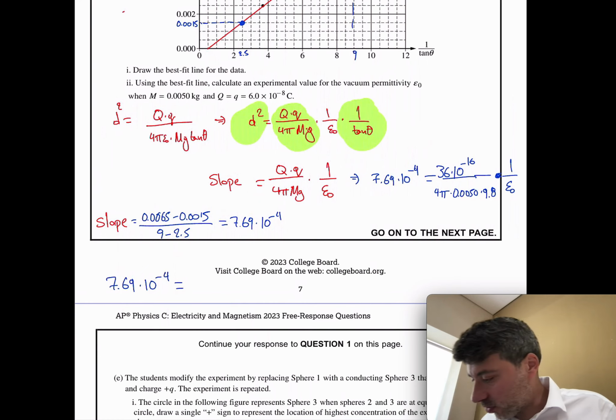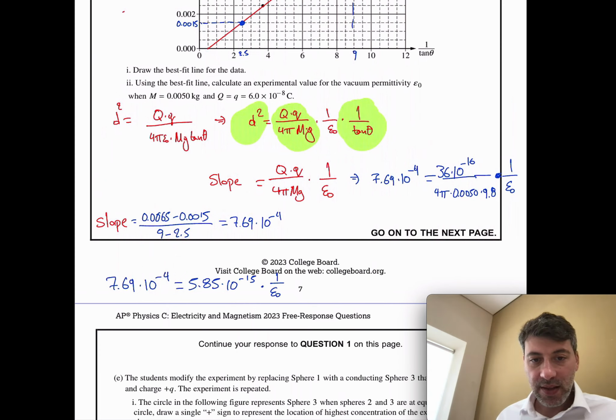So this factor is 5.85 times 10 to the power of negative 15 multiplied by 1 over epsilon 0. Then we divide